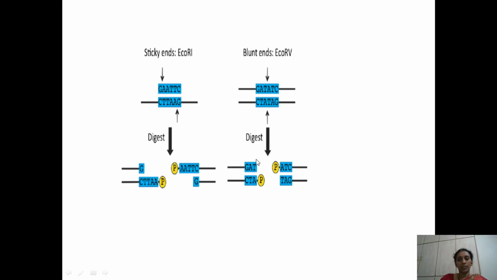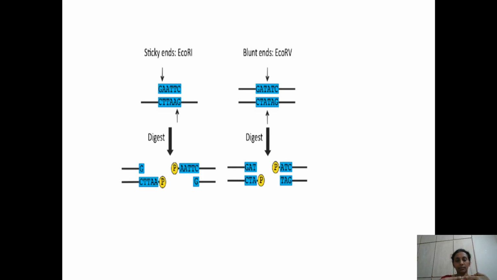That is, the blunt ends are equal. That is, the cleavage will be exactly in the middle of the DNA sequence. Whereas for sticky ends, the cleavage will not be towards the center. So the resultant ends will be unequal. One will be long and other will be short. So the basic difference between blunt ends and sticky ends is